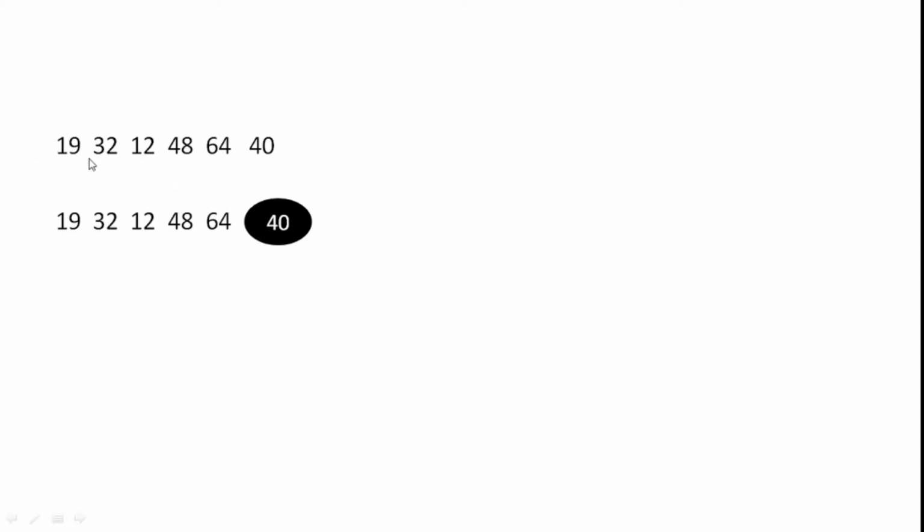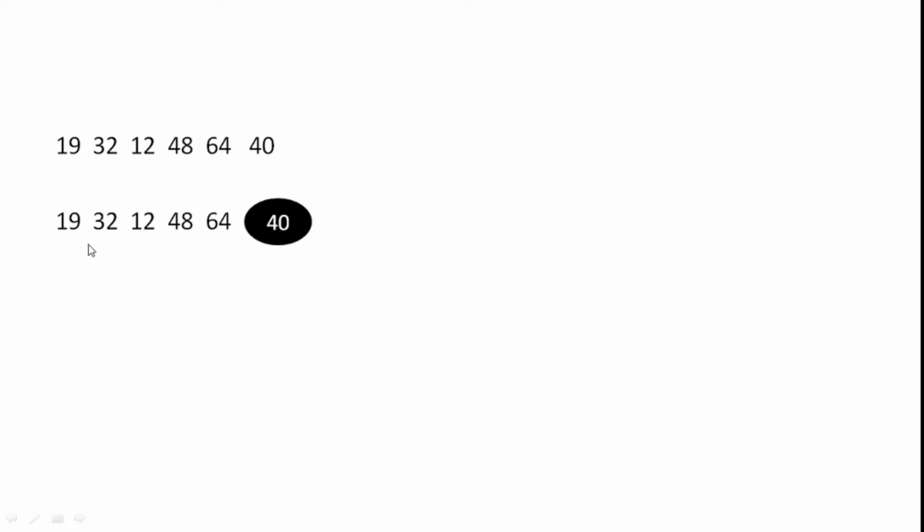Initially we have 6 elements here, and then 40 is taken as pivot. I have taken 40 as pivot, though we can take 19 also. Initially we have 3 pointers. The first one is the pivot itself. Another pointer is the j pointer, which we will use to compare with the pivot element. Another pointer is i. j is initially pointing at index 0, that is 19. i is at -1, which is 1 less than j. So i will be -1, j will be pointing at 0, and the pivot element is at